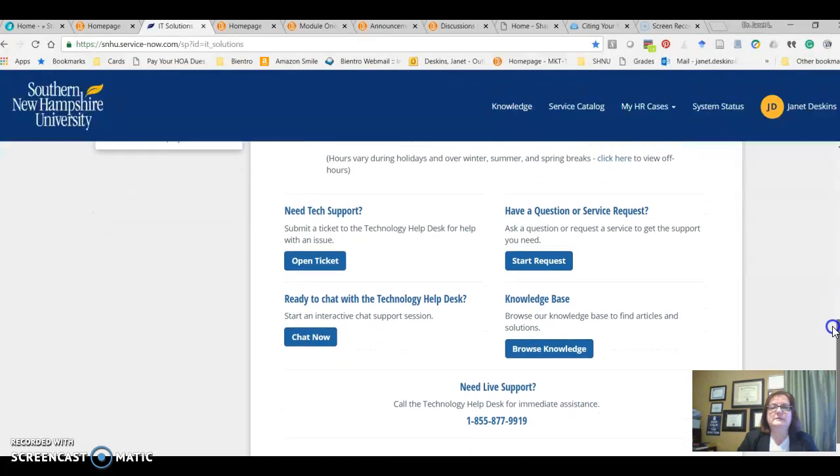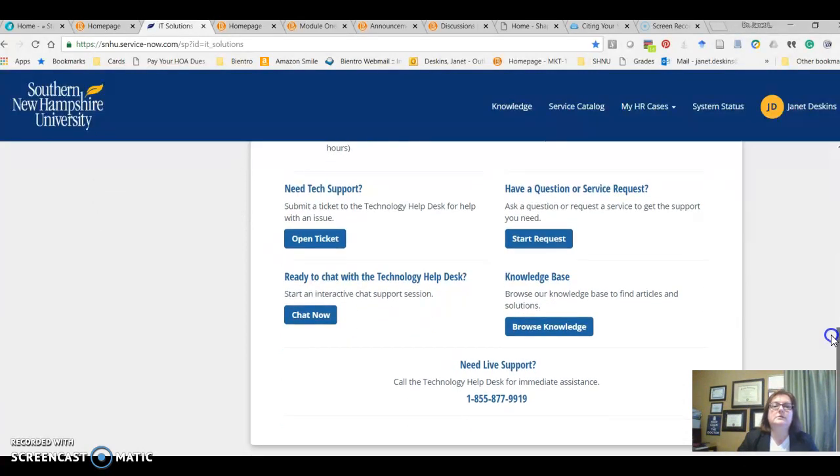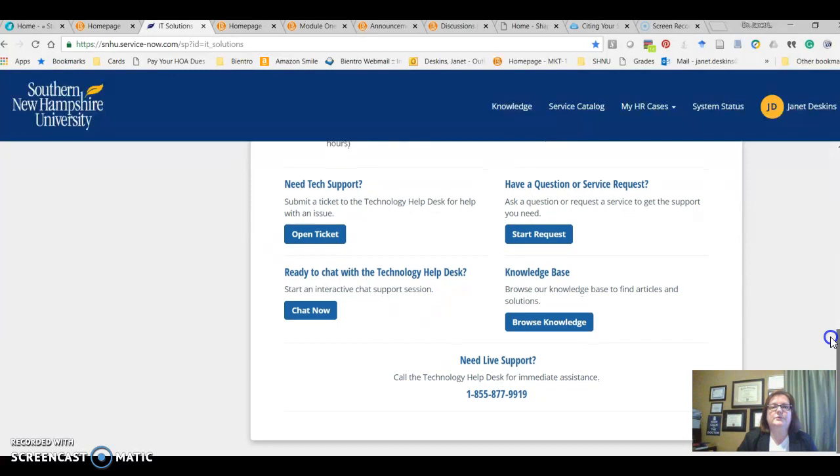If there is a university-wide technical issue, they will send out an email announcement. However, here is the toll-free number that you can call to get to a technical person that can help you if you have any kind of issues. For example, because the email program is used on a cloud server, sometimes you may not be getting a response from me via your email.